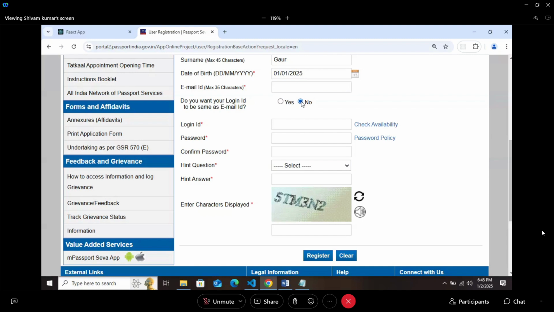This login ID is the username here. If you are not clearly mentioning that it is a username, how will a normal user know? Let me write Shivam here now. After I write Shivam, let me write some random password here.